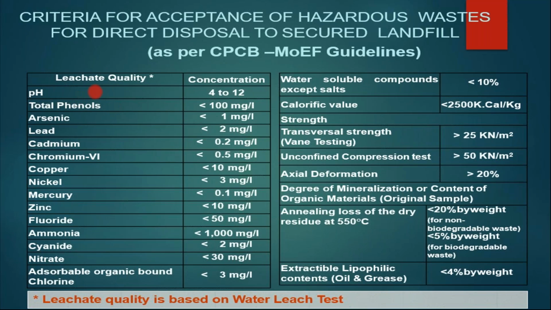So depending on the leachate quality, like pH, if the concentration is between 4 to 12, total phenols less than 100 mg per liter, arsenic, lead, cadmium, chromium, then copper, nickel, mercury, zinc, fluoride, ammonia, cyanide, nitrate, then adsorbable organic bound chlorine, and their respective concentrations. So we have to check all these leachate concentrations with respect to these parameters, and then water soluble compounds except